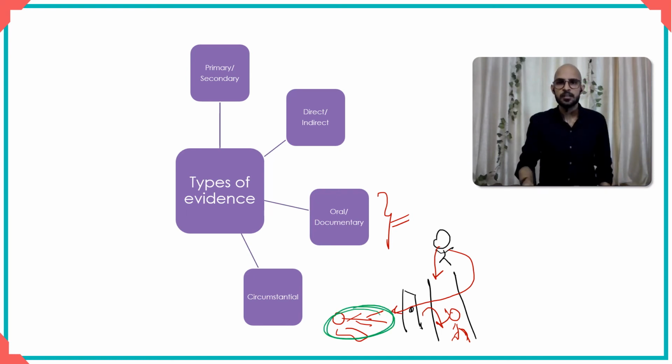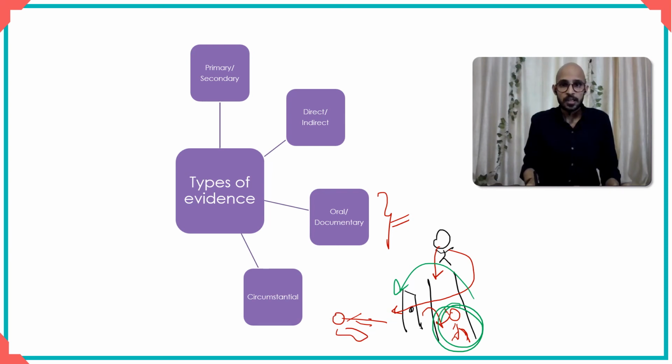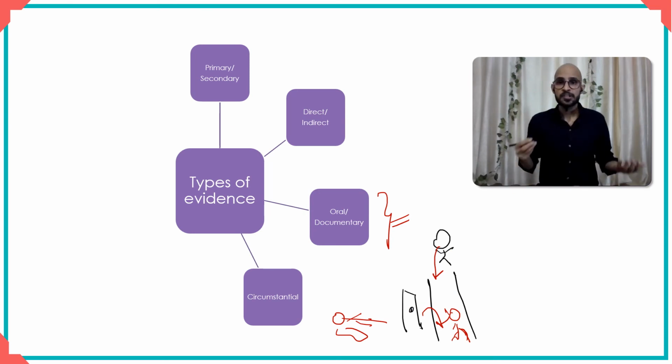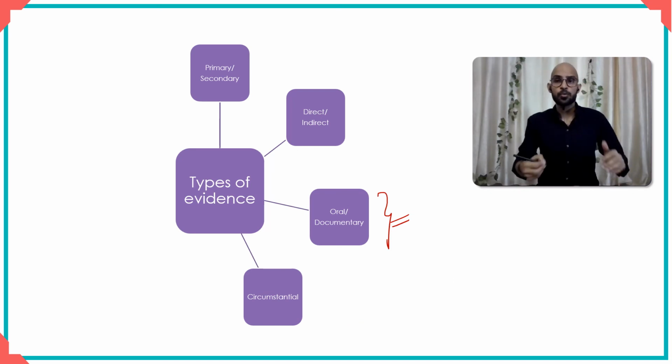Now, has he seen this person killing this person? No, he hasn't. So can it be direct evidence if he says that yes, I saw this person killing him? It's not direct, right? Because he's not seen the actual incident happening. Instead, what he sees is a circumstance. What does he see? He sees a person is dead and a person was running away, looking scared, running away fast from that room. So what he has is what is understood as circumstantial evidence. So circumstantial is also a kind of indirect evidence. So I hope you understand the difference.